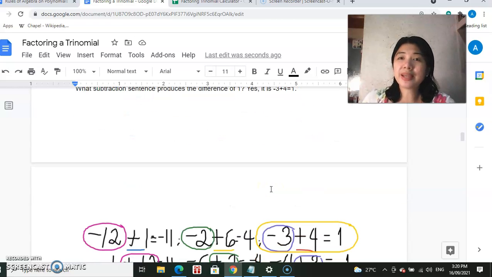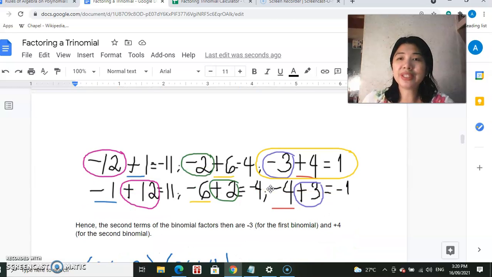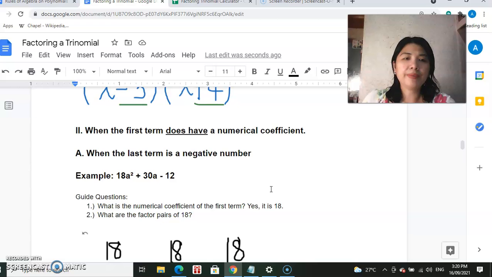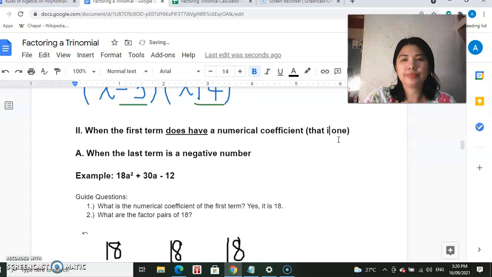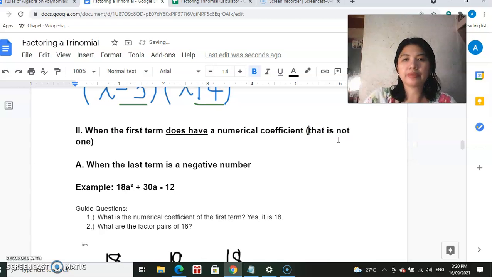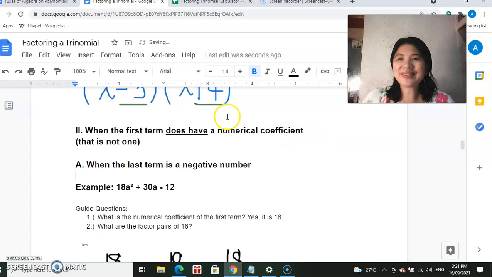So I think I'll take a pause. I've reached the 13-minute mark. In the next part, we'll have the scenario where we do have a numerical coefficient aside from 1, that is not 1. Alright, so please do watch also the second part of the first 10